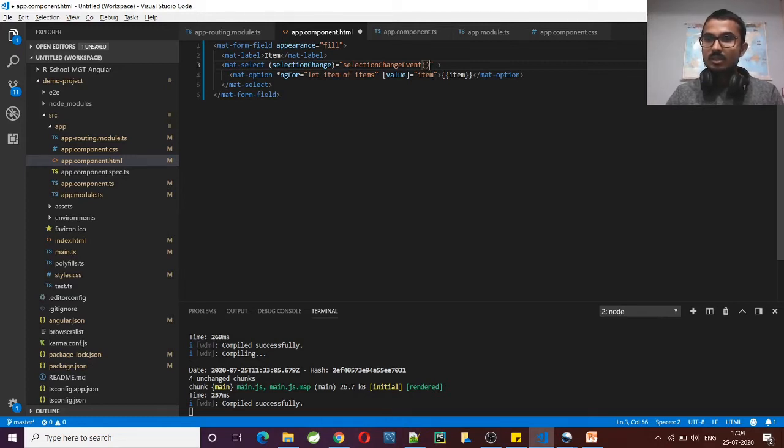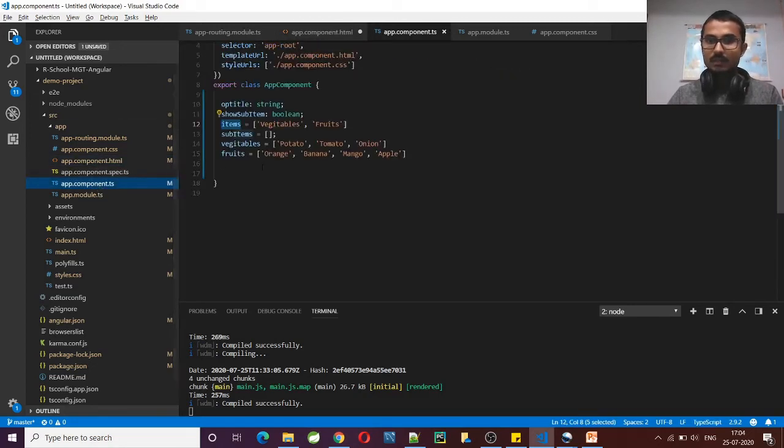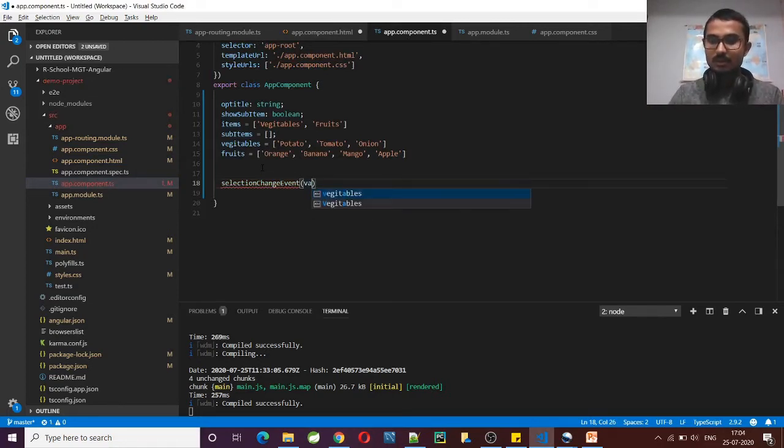For example, suppose we have selected one item here, so the value will be that item, and that will be passed to do the corresponding action in the controller. So here I'll pass event.value. This is the value I'm trying to pass, and I'll create one method in the app component here which will receive the event. This will be the value. I'm sending the value directly from there, so you can use that.